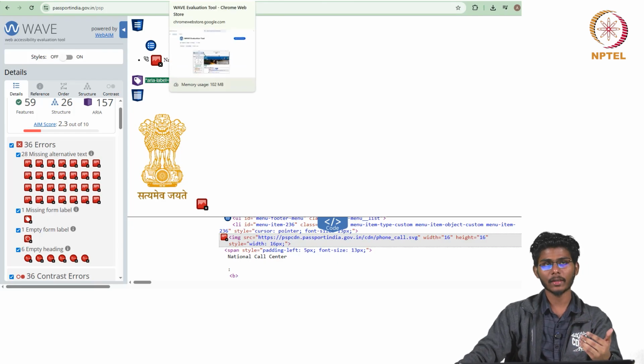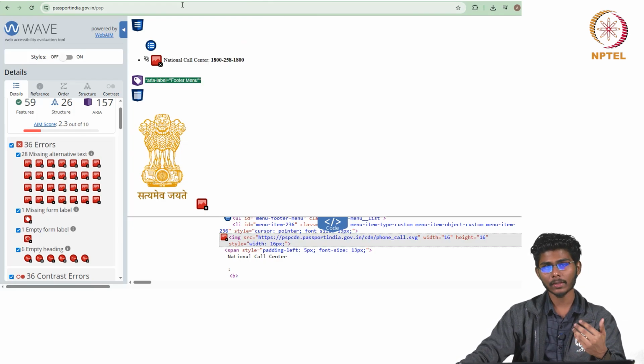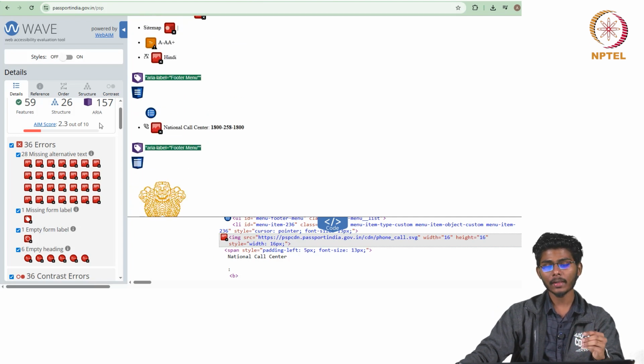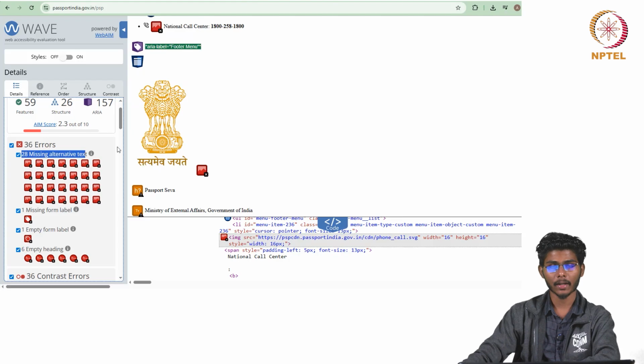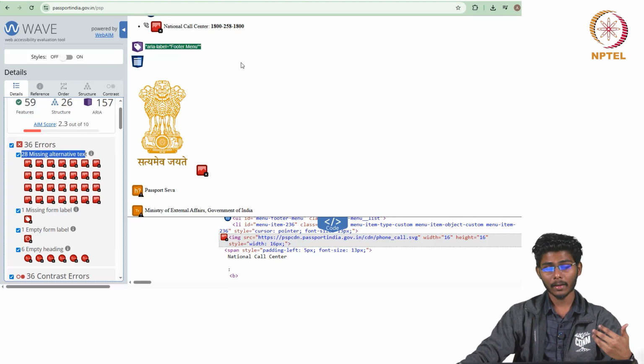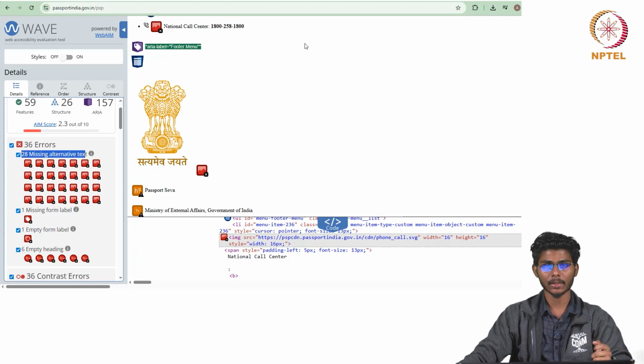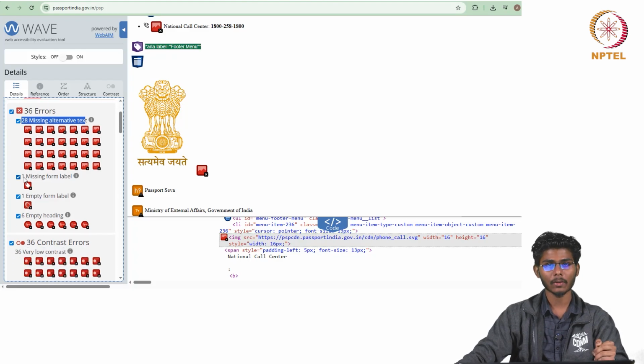So, users with vision impairments or cognitive impairments, when they use the screen reader option, will easily understand, okay, this is the image that has been mentioned here. So, here there are 28 missing alternative text, meaning that the website should be further developed and improved for universal users, mainly impaired users and also users with cognitive issues.